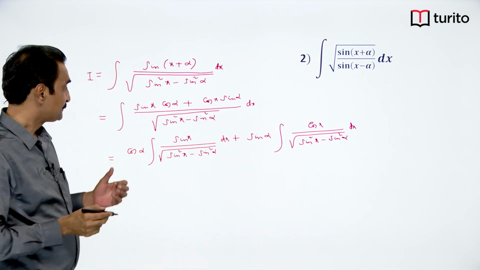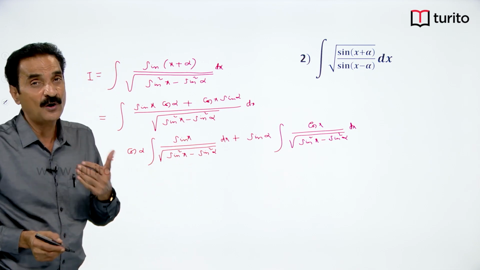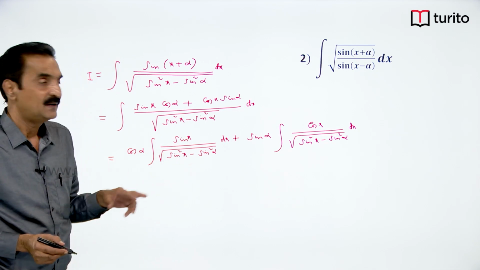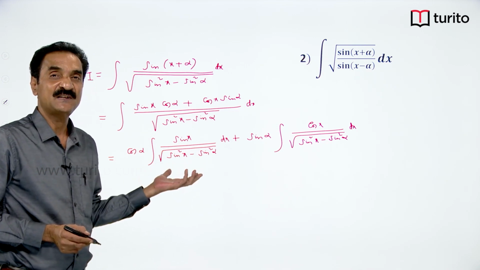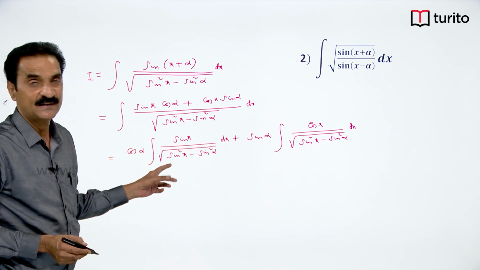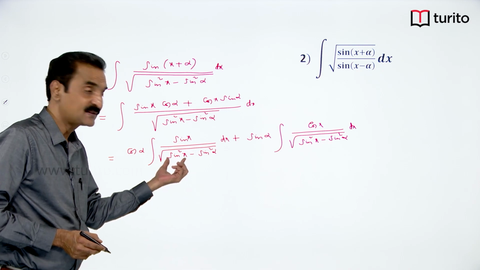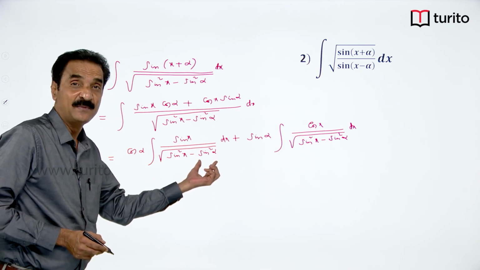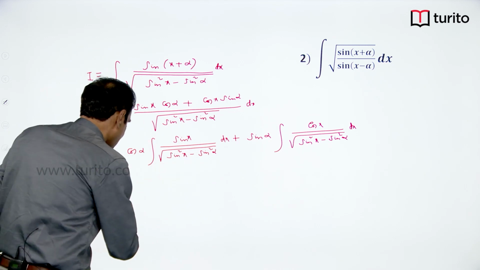Now, this derivative of this sin x is the derivative of what? Minus cos x. If you can write the denominator in terms of cos x, then you can put cos x is equal to t and integrate it. How to write denominator in terms of cos x? You write sin square x as 1 minus cos square x and sin square alpha as 1 minus cos square alpha. Then that 1 will cancel, you will get